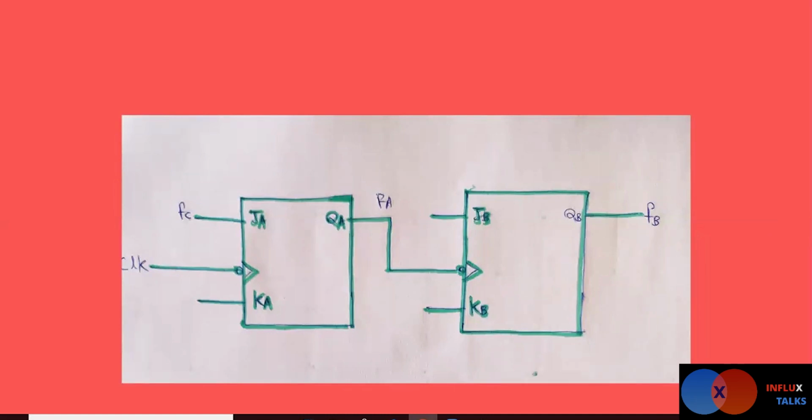So this is the most important thing in your counter. And what we are going to see here is that the values of JA, KA, and JB, KB are set to 1. So we connect JA, JB, KA, and KB with 1. We give the input 1 to J and K. Now you know that toggling will occur in this case. So toggling is a very important case in the counter.